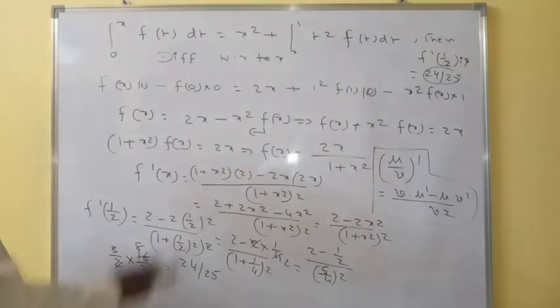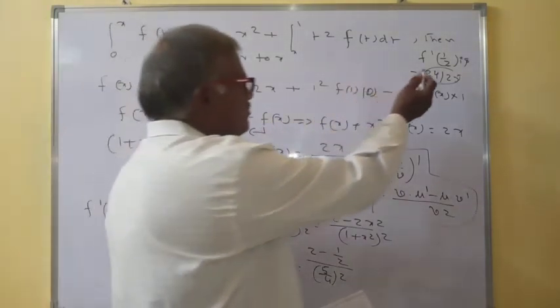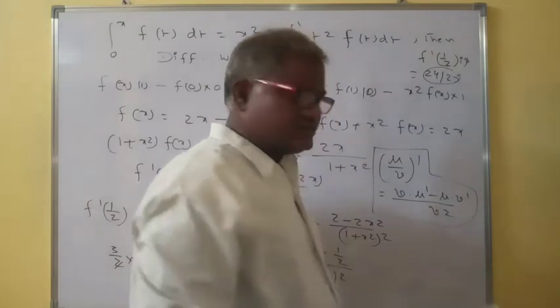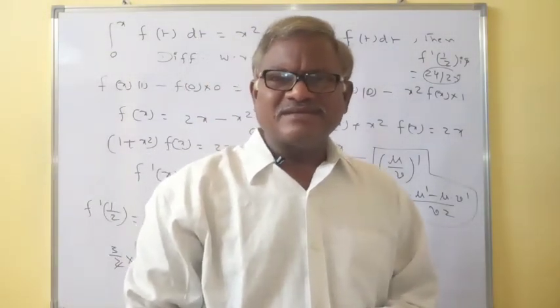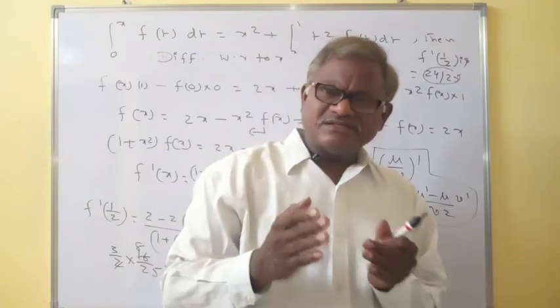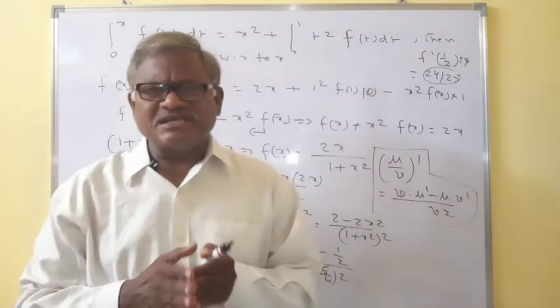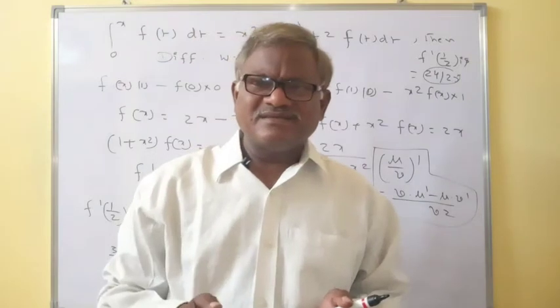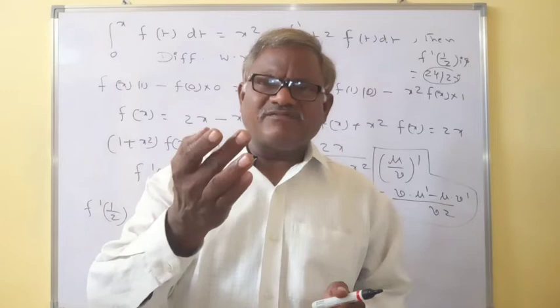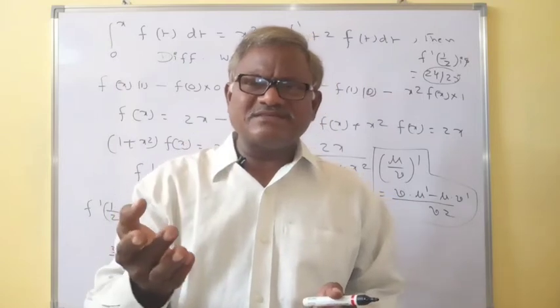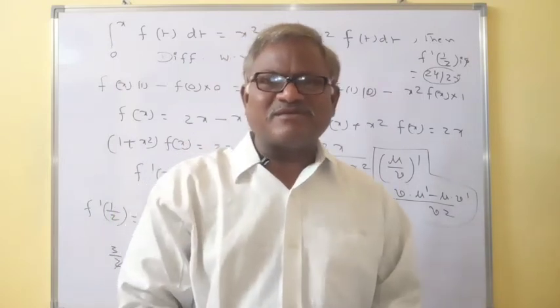Simple one. Here we have to find f dash, so we just have to differentiate. The required function must be obtained. To find any function, you just have to differentiate. When an integration is given, differentiation of the integral of f of x dx is nothing but f of x, which we simply have to obtain.